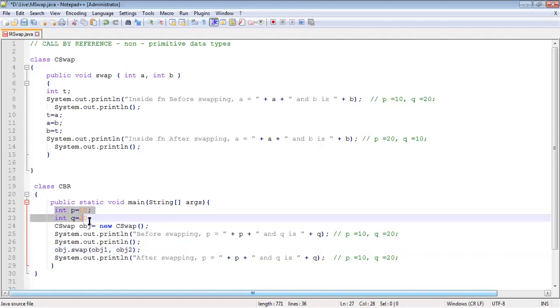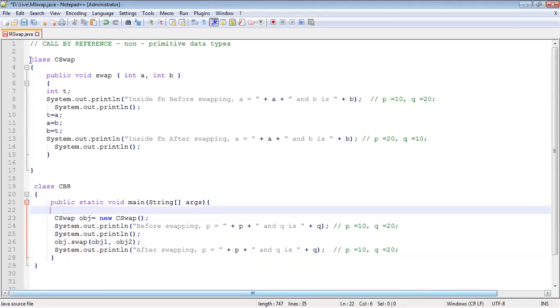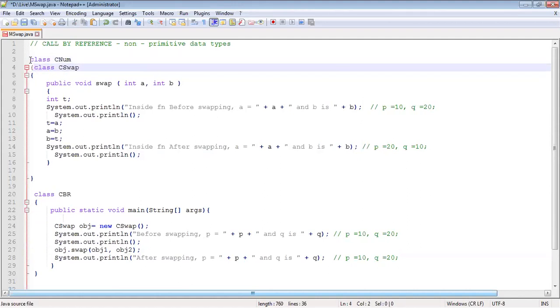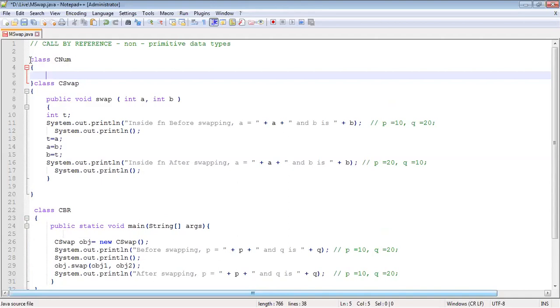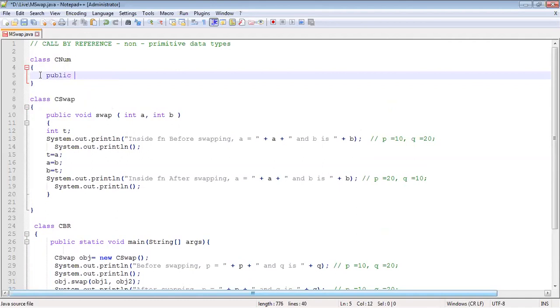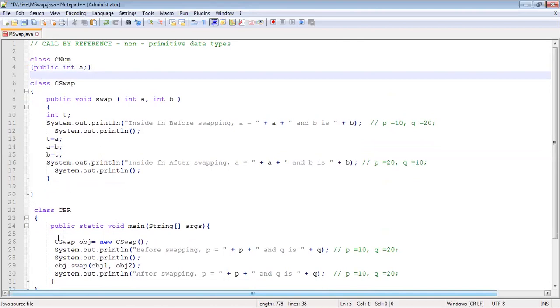I am planning to have integers. First we'll do with integers and then we will do all data types. Okay, so I cannot have a P and a Q, which means the easiest way is let me have a new class for numbers. I'll have a class called CNUM, N-U-M. I will have a class called number, and I won't have anything great in that. I'll just have a public int a. That's it. This is all what I have in my CNUM. I'll make it in a single line so that you can see all things together.